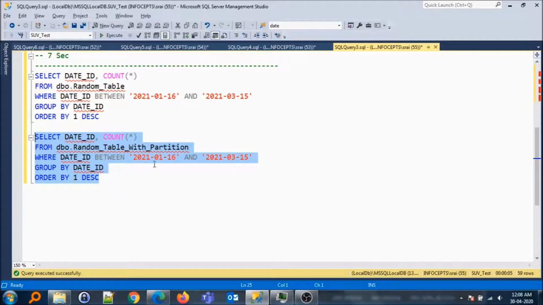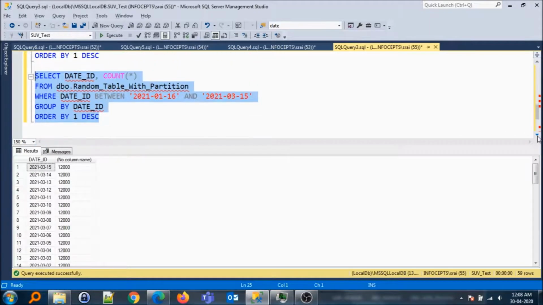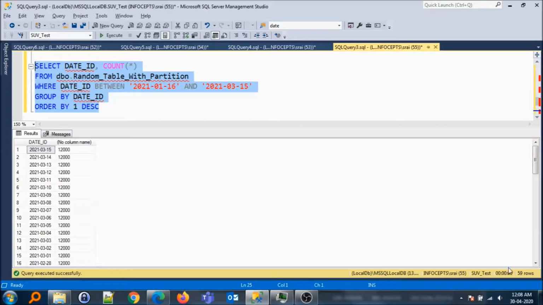Notice that the date filter or the restrictions that we have put on the date ID field are exactly identical, which means the same set of data should be returned from this query also. Now when we execute this query and wait for the results, you will notice that the system is quite fast and we have received the whole result set in less than a second.